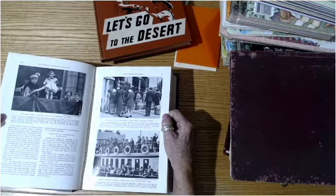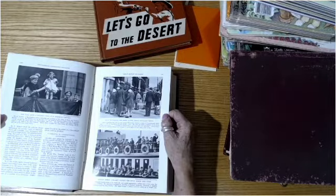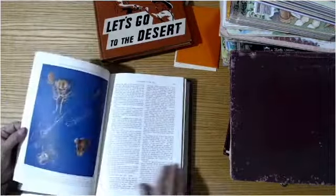This is the balcony of the palace, the wedding of the Duke of Kent and Princess Marina of Greece. His Majesty lifts up his 4-year-old Princess Margaret Rose to see the packed crowds. Margaret Rose. Anyway, and there's